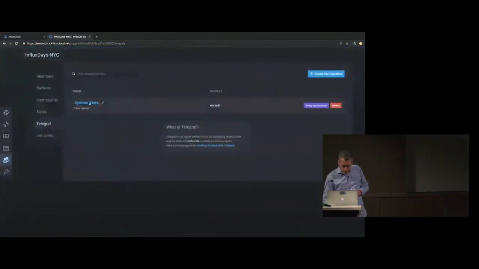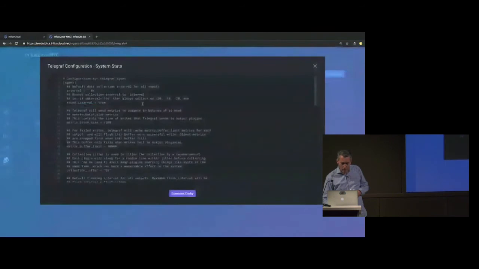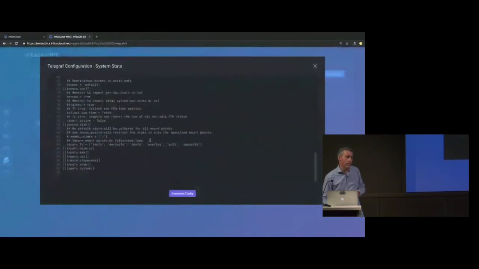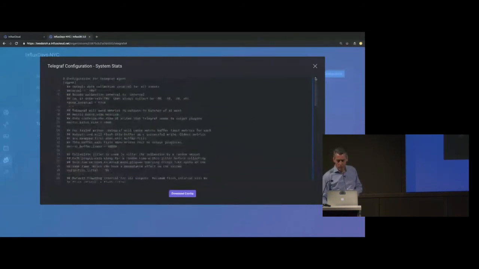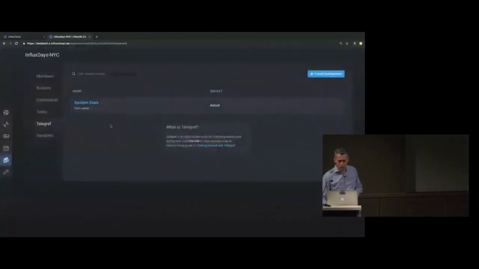And if I want to take a look at the details of this, I can click on this and I can actually download the config itself. So if I wanted to download that and store it into my source code control system, Git, whatever, you can actually take it from here and continue forward. This is effectively immutable at this point once it's been generated. Okay, there will also be an option to import the configurations in here. That will allow you to bring existing ones in, obviously. At this point, we are just in the sort of creation mode.